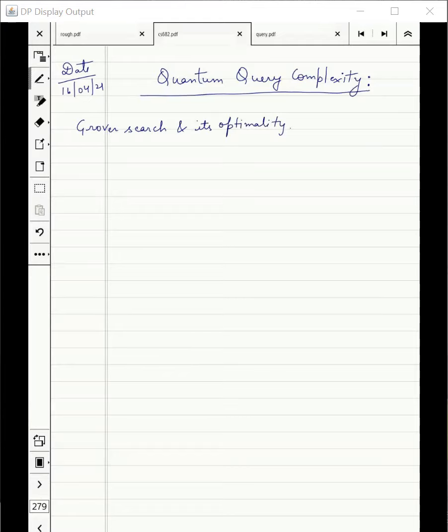We were given a list of n items and we wanted to find a marked element. Right? Now, many a times there are a lot of details in the problem which are really not that important. In this problem too, let's try to clean away some of the details which are not as important.